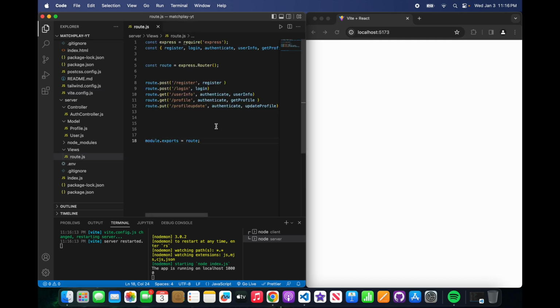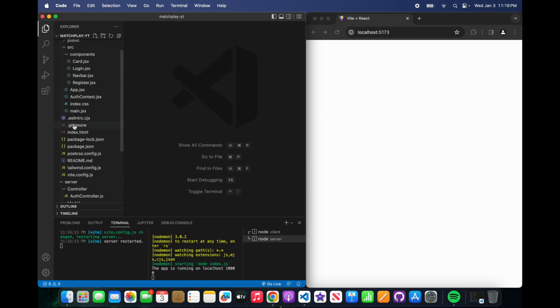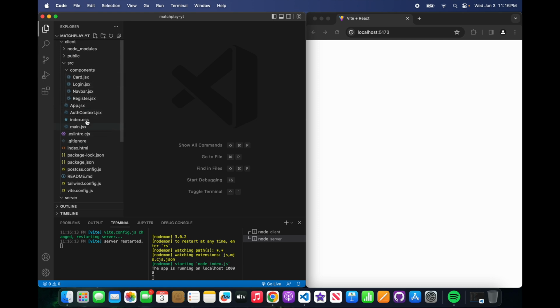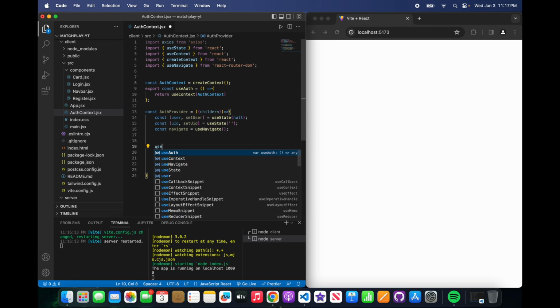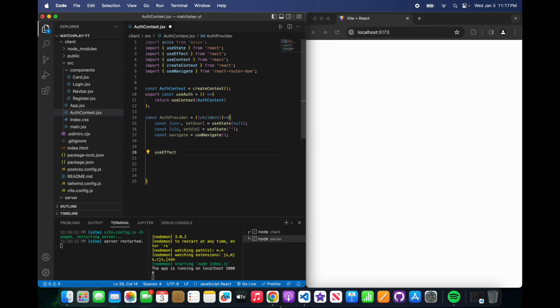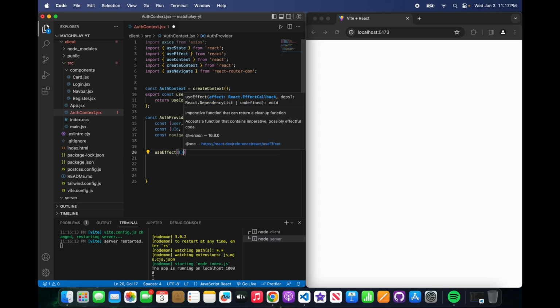And just like that, we're done. So now we can close out of this. What we want to do is come back up here. And now we want to go to AuthContext. And within AuthContext, we're going to be grabbing our data. So now we can say useEffect. So we're going to be using useEffect and say